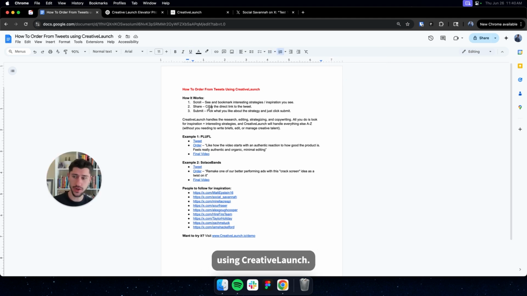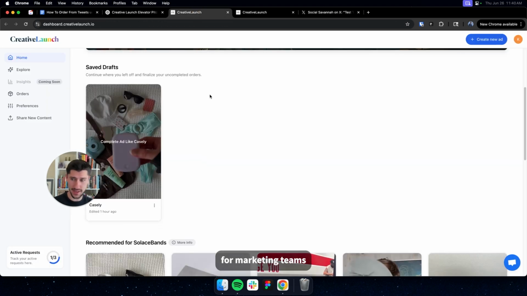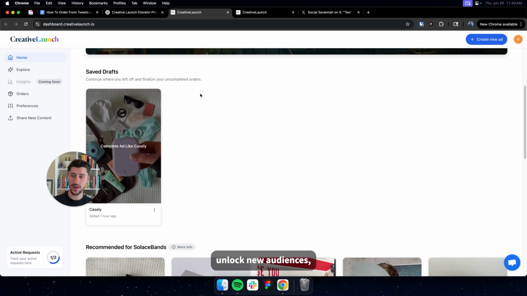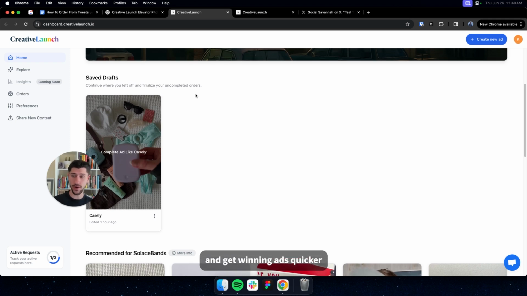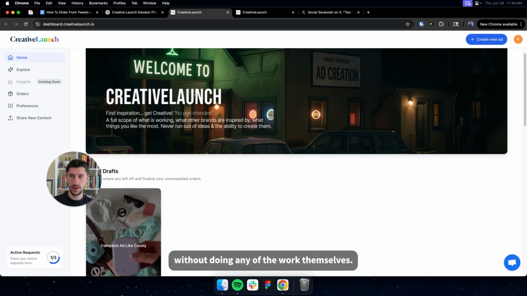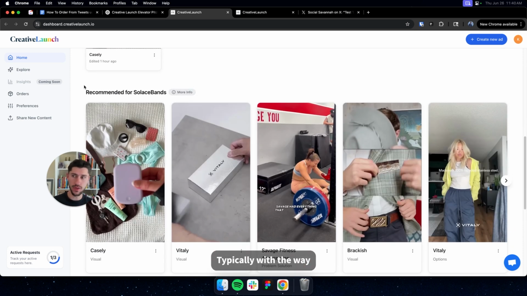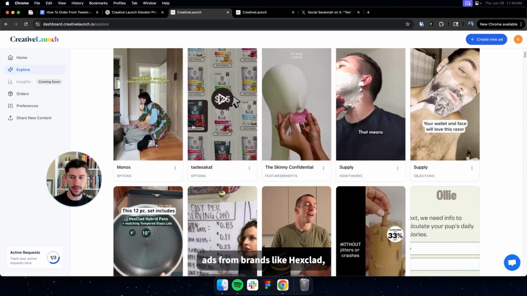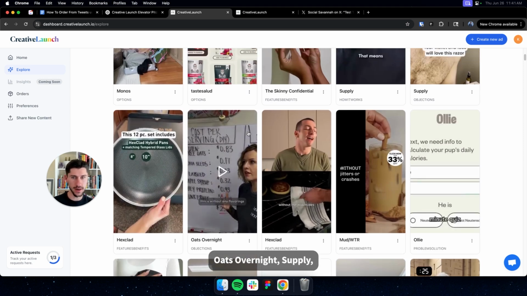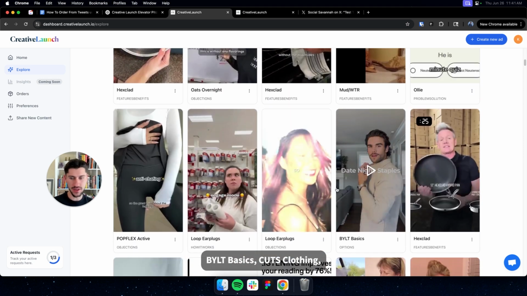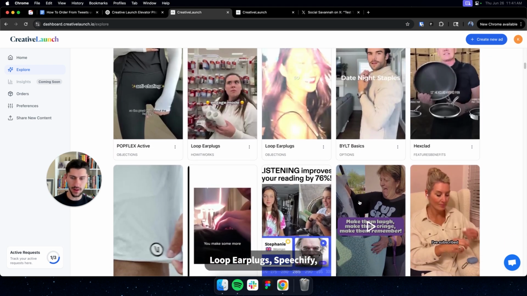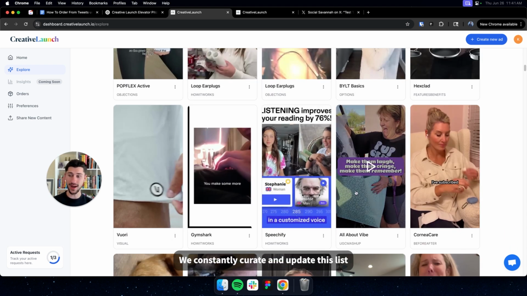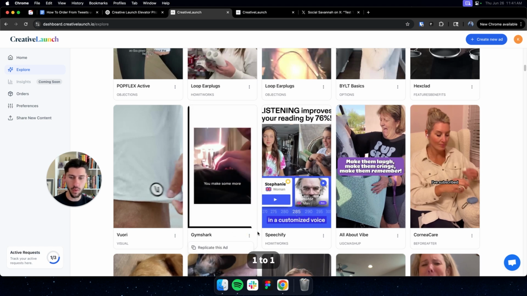How to order from tweets using Creative Launch. First of all, what is Creative Launch? Creative Launch is the easiest way for marketing teams to test new messaging, unlock new audiences, and get winning ads quicker without doing any of the work themselves. Typically, the way our platform has worked is we update and curate top performing ads from brands like Hexclad, Oats Overnight, Supply, BYLT Basics, Cuts Clothing, Loop Earplug, Speechify, Gymshark, you name it. We constantly curate and update this list and enable brands to replicate them one-to-one using the content